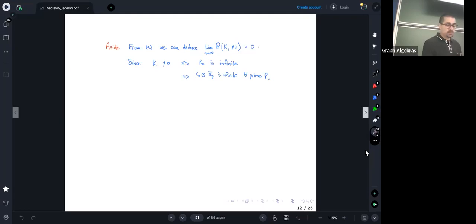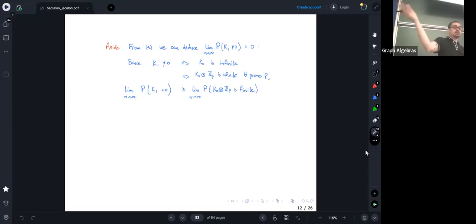Okay, so now we do a little bit of estimating. So let's flip this around. K1 not zero is a smaller event than K0 tensor Zp being infinite. So flipped around, K1 being 0 is a bigger event than the complement, than K0 tensor Zp being finite. And as I say, this is just picking out the Sylow p-subgroup. So what's the probability of it being finite? I just sum over all of the possibilities, so all of the finite p-groups G being isomorphic